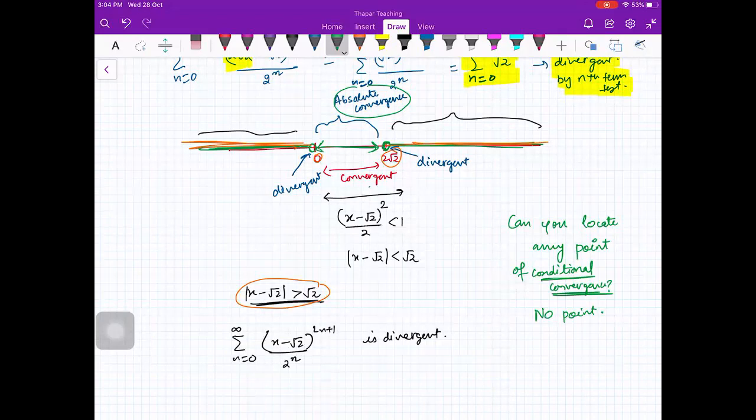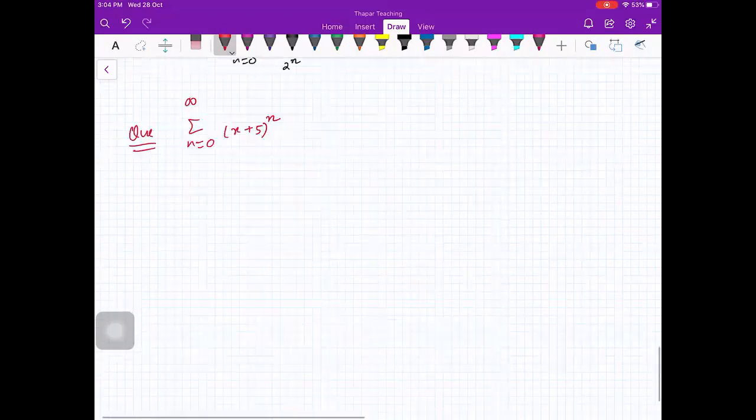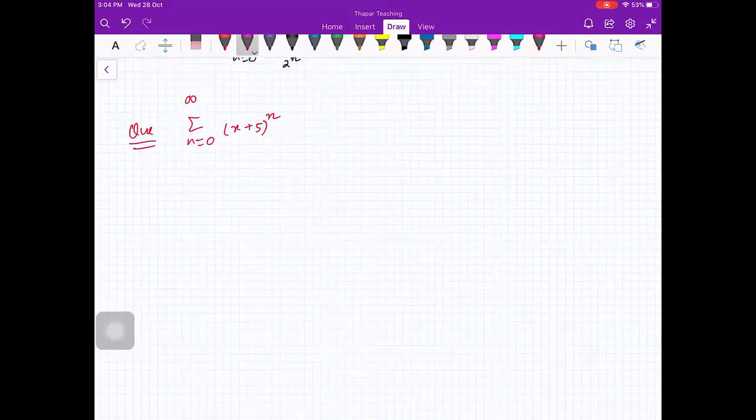Okay, if you still have doubt, I will do one more problem. That's it. Then we will move on. Question is, same question. Your series is sum n from 0 to infinity, x plus 5 raised to power n. Same problem, same answers we'll give as we have done in the last question. So again, here your an is x plus 5 raised to power n. So you'll take mod of an, that is mod of x plus 5 raised to power n.